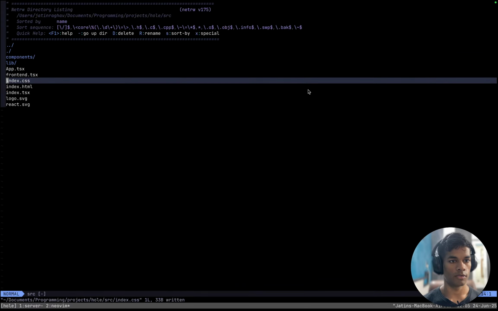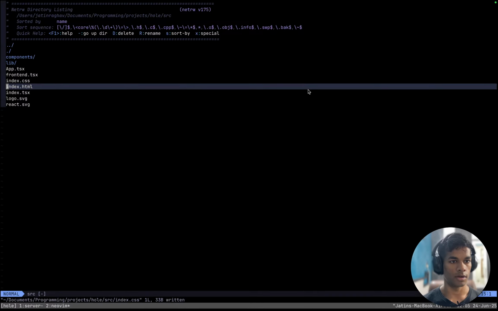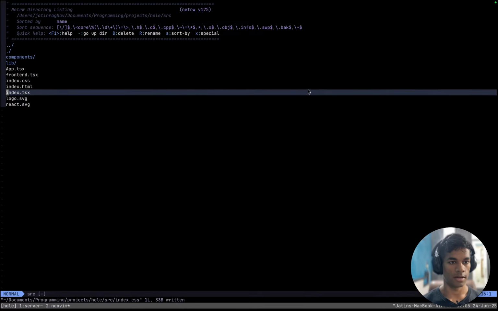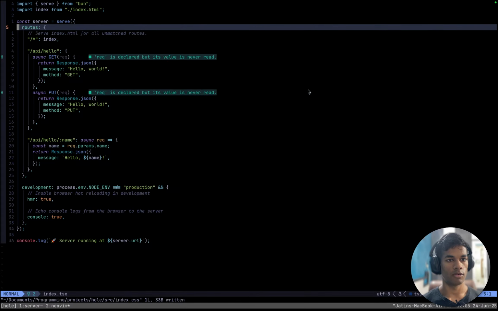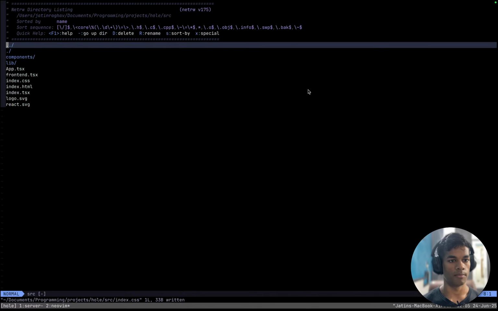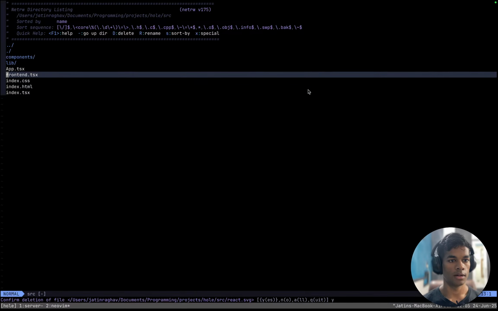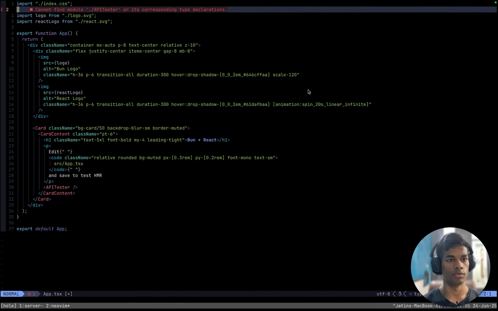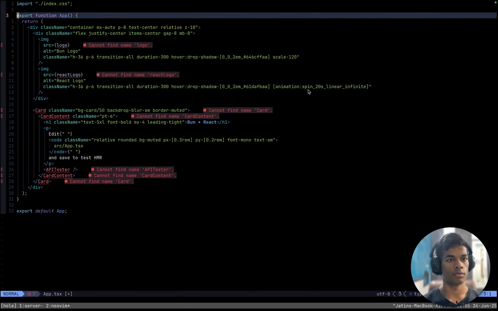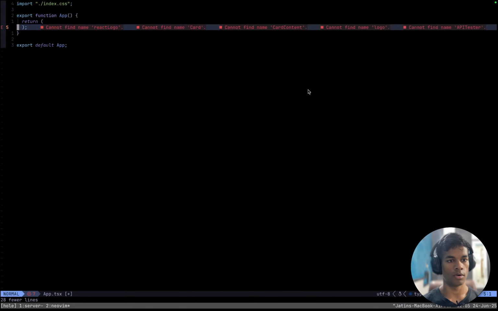Remove all of this. Frontend, index.css. HTML, I will make some changes there. And index.html is necessary. And this is also necessary. Yep, this serves index.html, so that is important. Logo.svg, deletable. This also deletable. And in app, I can remove these two, and then actually remove all of these things.